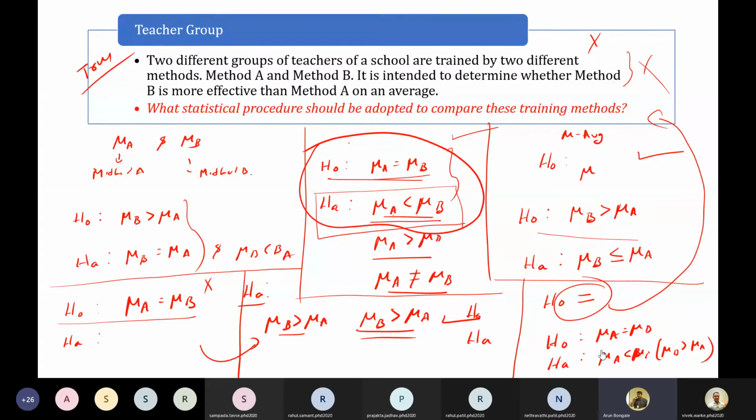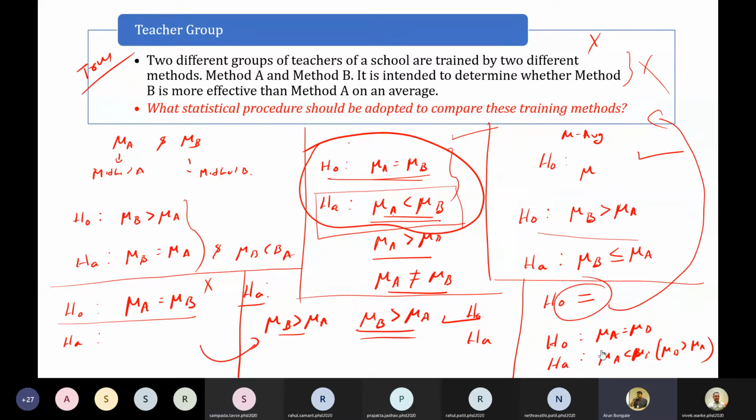If you take the LED bulb example itself, I can have equal to 10 or not equal to 10. Based on that, the null hypothesis states that the average power rating of the bulb is equal to 10 watts, in accordance with the statement of the problem. The alternate hypothesis states that the average rating is not equal to 10 watts, and the statement of the manufacturer is not true. Likewise, you can frame it.